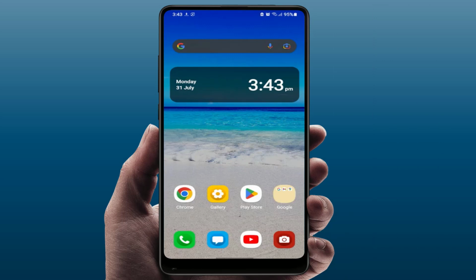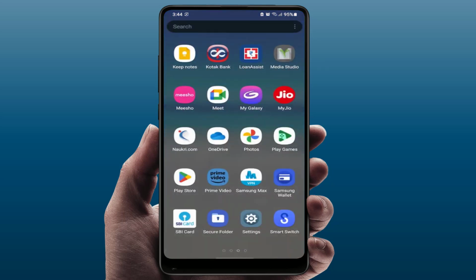Today I'm back with one of the most interesting videos. In this video tutorial, we will learn how to enable the developer option on your Samsung Galaxy phones. In Samsung phones, there is a different method than in other Android phones to enable the developer option. So if you are a Samsung Galaxy phone user, you can try this method to enable the developer